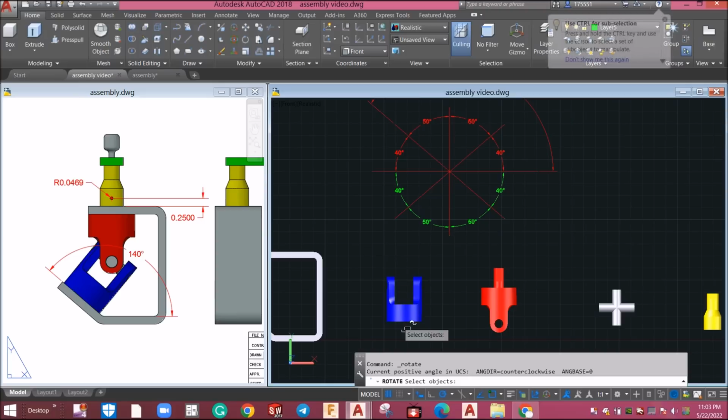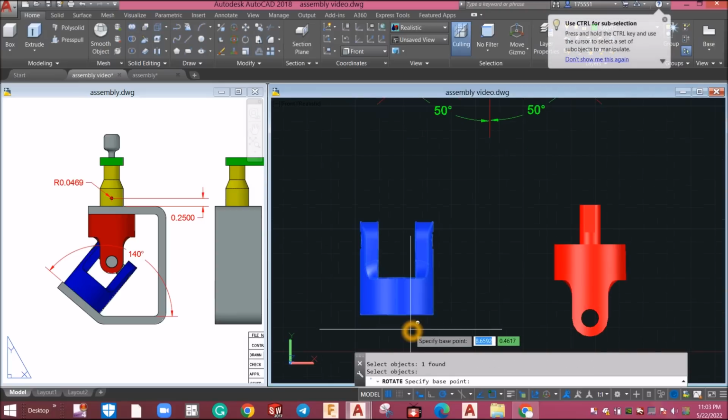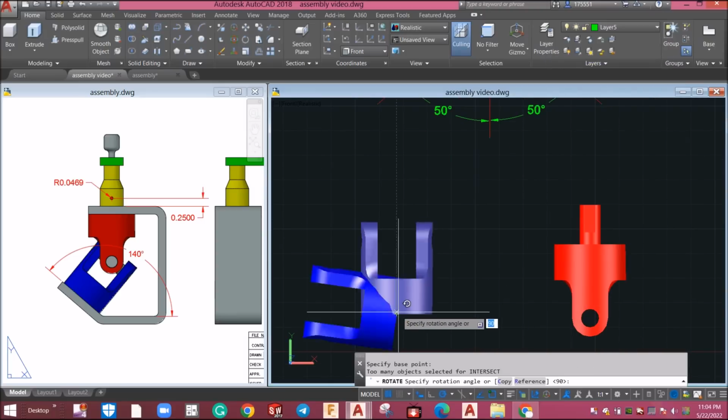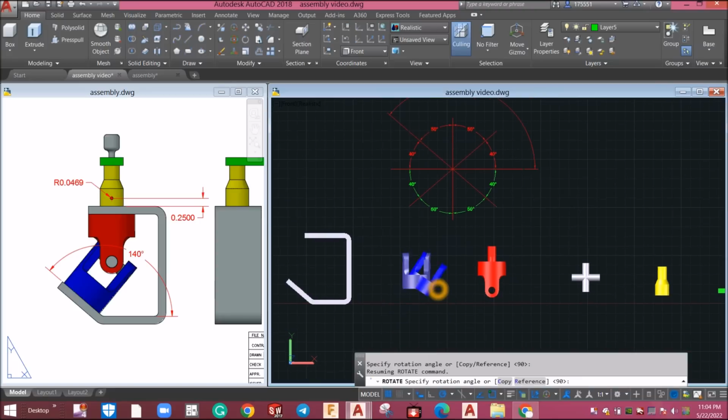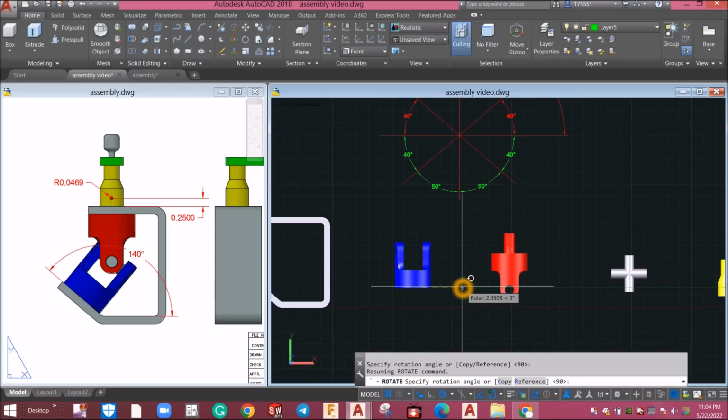So rotate and use the center of the bottom as the reference, as the base point, and then from the x-axis we have to bring it down for 40 units. So since we're doing clockwise, I'm gonna use minus 40